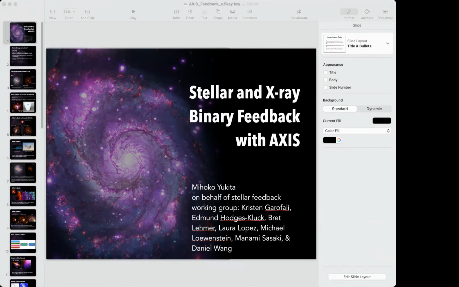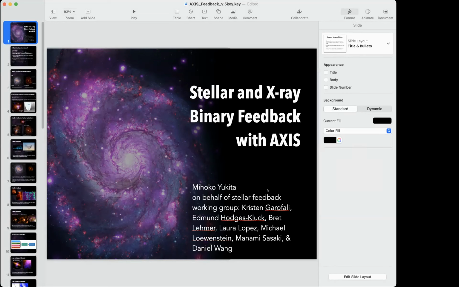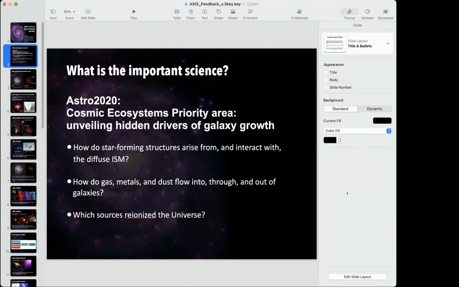cases. Our group members listed here came up with several science cases that will require access to high spatial resolution and a large effective area concerning feedback from star forming activity. So stellar feedback